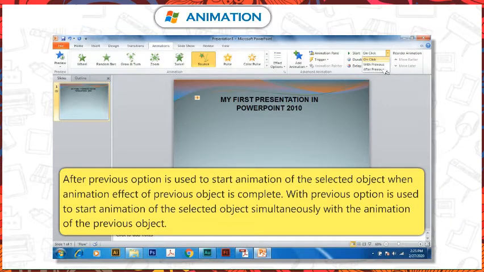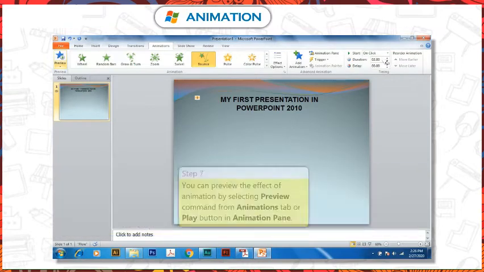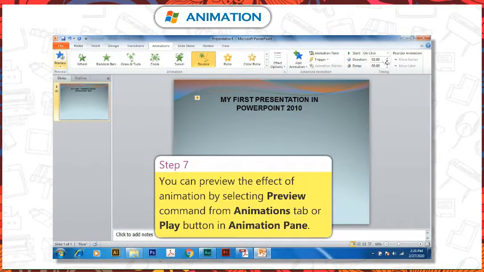After previous option is used to start animation of the selected object when animation effect of previous object is complete. With previous option is used to start animation of the selected object simultaneously with the animation of the previous object. Step 7. You can preview the effect of animation by selecting Preview command from Animations tab or Play button in